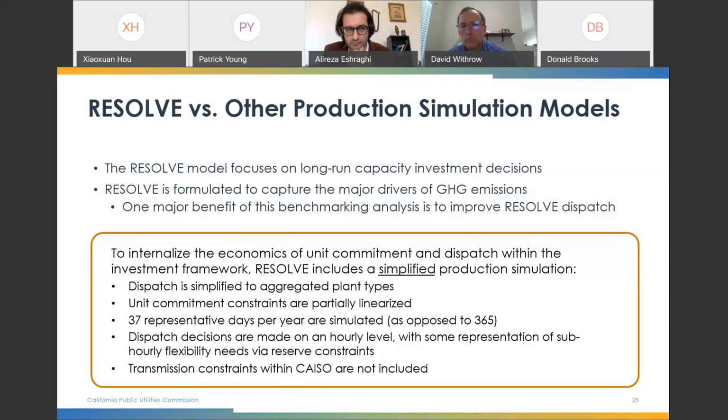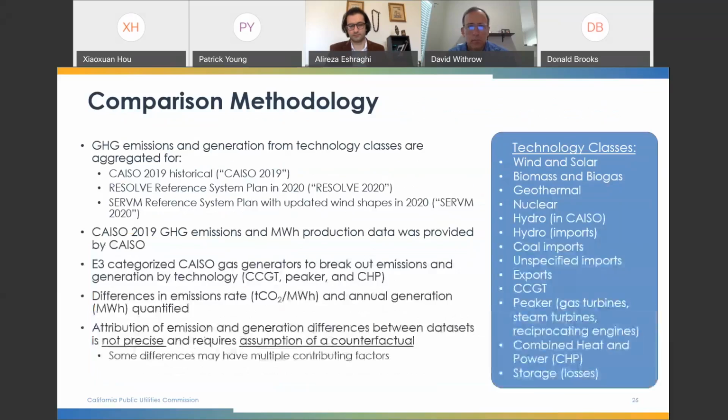So part of the point of this analysis is to ask how big is that difference? Is it really big or is it really small? We're focusing here on greenhouse gas emissions. The point of the analysis is to determine, are we getting greenhouse gas emissions right? And downstream of that, are there any reasons why the emissions are off, and should that imply different things about what we should do about dispatch? Next slide, Ali, it should show comparison methodology.